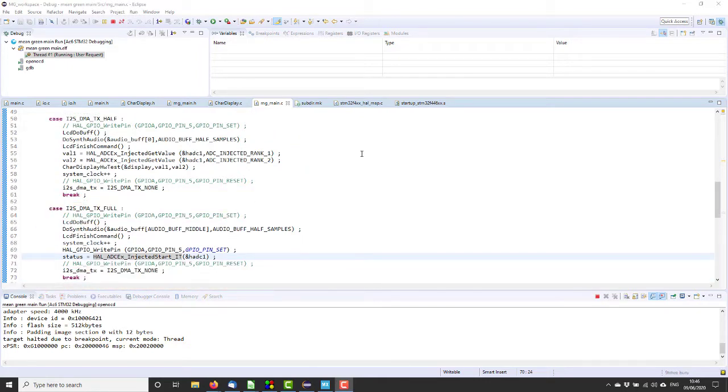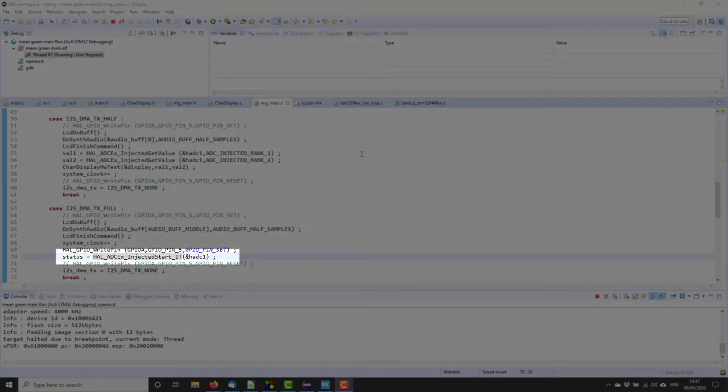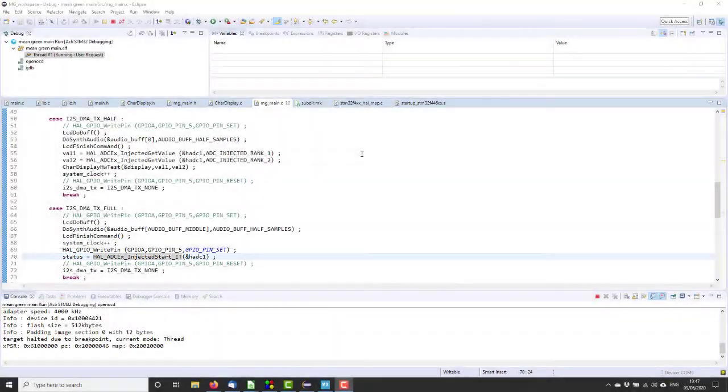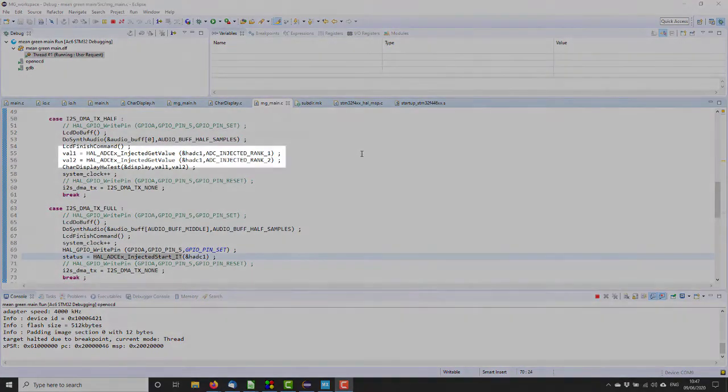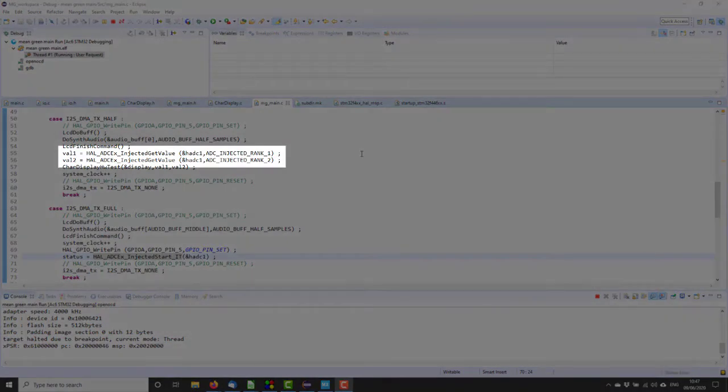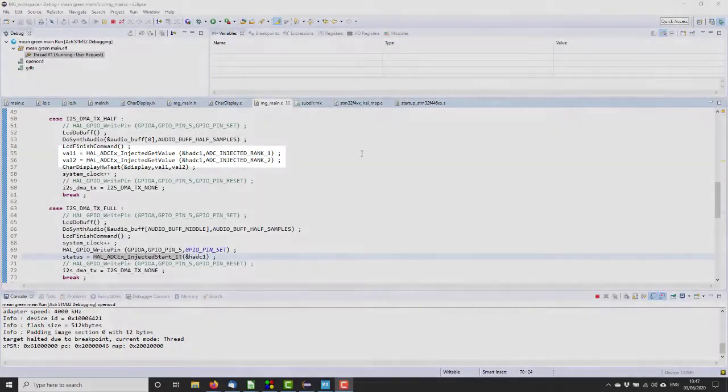So this one I call this HAL ADC X injected start IT function, which simply starts the conversion off, and in this bit of code I assume the conversion's done, and I just get the two values into val1 and val2 and pass them to the display. Simple so far,